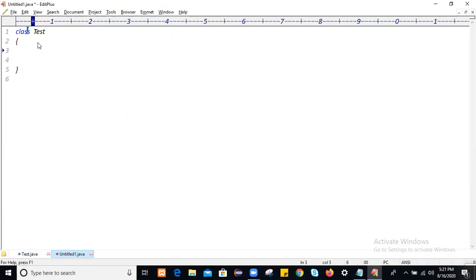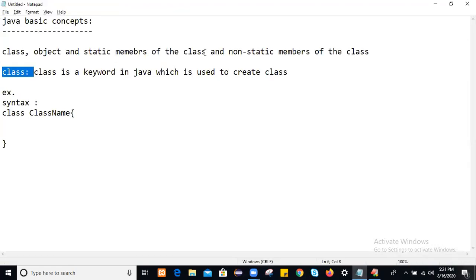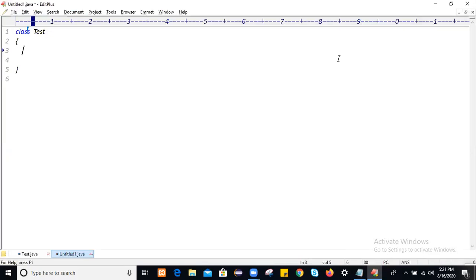Within the class we can define static members of the class as well as non-static members of the class. Whenever we create static members of the class, we always use the static keyword. If you want to represent members of the class as static, we declare those members by using the static keyword. Let's suppose I want to declare a variable i of integer type holding the value 10. I declared this variable with the static keyword. That is why this variable is called a static variable in Java.